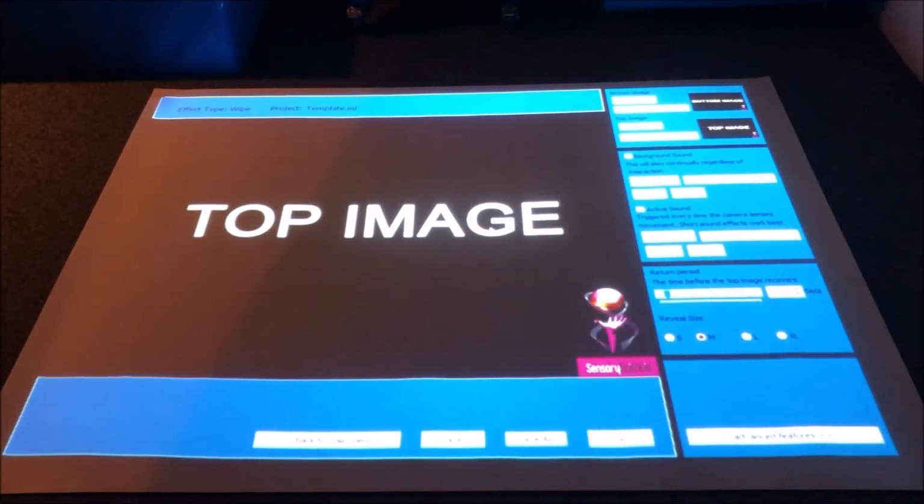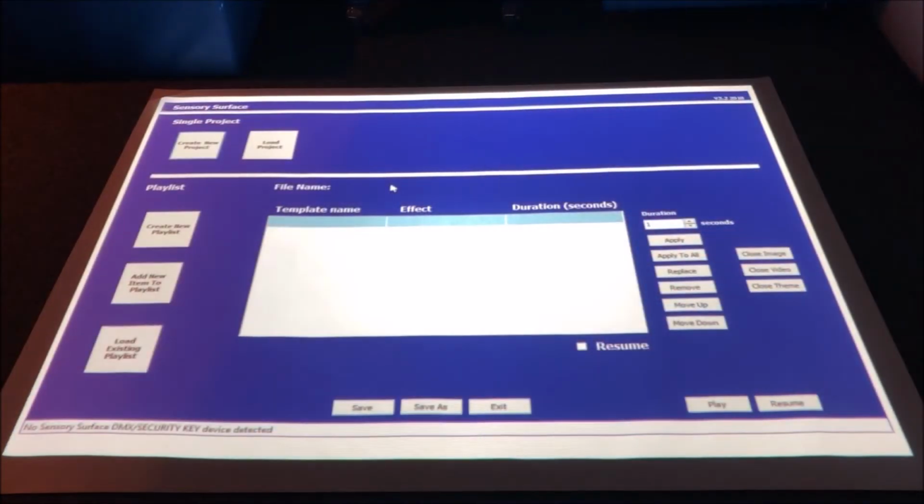Each one of the scenes is quite different in the way that you create the content, so I will be going through each one individually. So for this particular video, I will just be showing you the very basics of how to get to this and navigate away from it. So to create a new project in the software, we press the Create New Project button